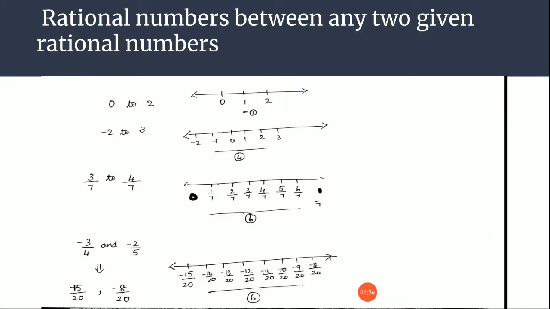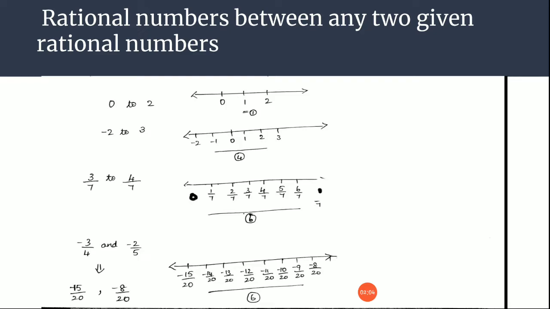Next, today we are going to see about rational numbers between any two rational numbers. Look at the first example. I'll start with the integers and then we will move on to how to find rational numbers between two rational numbers. For example, if they are asking you to find the numbers between 0 to 2, what will you do? Directly you can say 0, 1 and 2. And what is in between 0 and 2? Only 1 is in between 0 and 2.